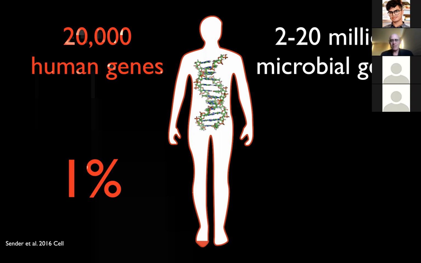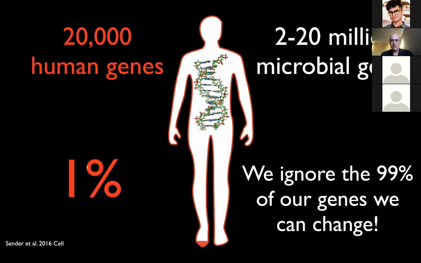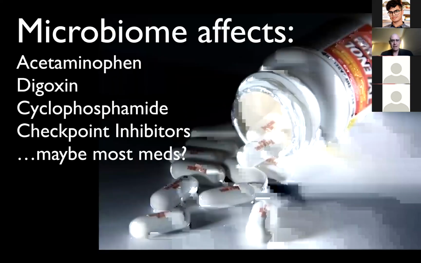You've probably heard about all the excitement about the human genome and using the human genome for precision medicine. But astonishingly, when we just look at the human side of ourselves genetically, we're ignoring 99% of our genes. And most shockingly, we're ignoring the 99% of our genes that we can change and potentially have control over during our lifetimes as we modify those microbes, because there's no way you're going to modify your human genome. So the vast majority of these genes and these cells are bacteria in the gut.